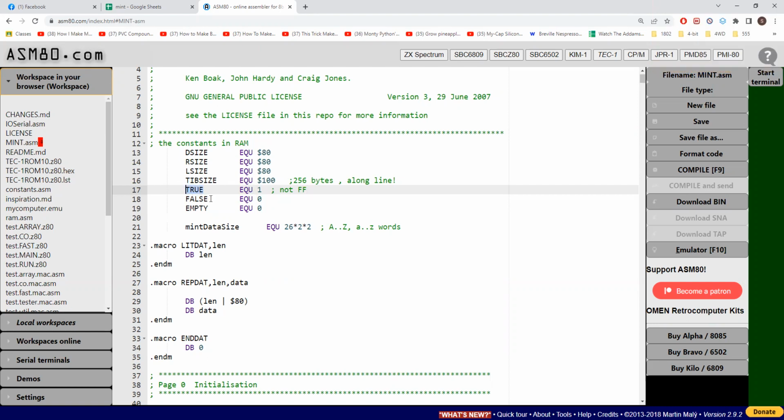And is true and false a Mint request or an assembler thing? It's actually assembler, but sometimes we need to give Mint true and false values. So I've just defined them here. So these are Mint true and Mint false. Assembler doesn't know about true and false. It doesn't even have a concept. But Mint cares about